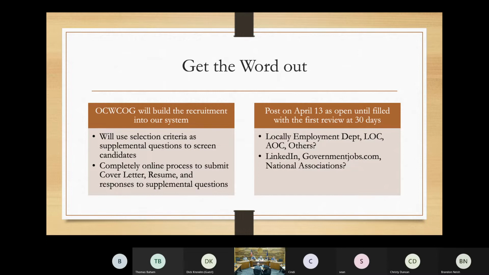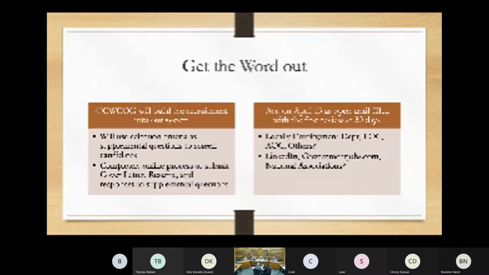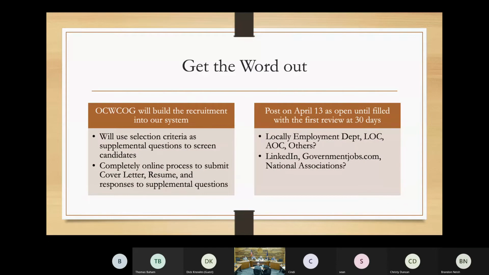It just creates a link that we can post with all the various associations, League of Oregon Cities and AOC and some of the others, as well as utilizing LinkedIn and any place that you want to post that. And then all the applications will come in directly through that link to us.